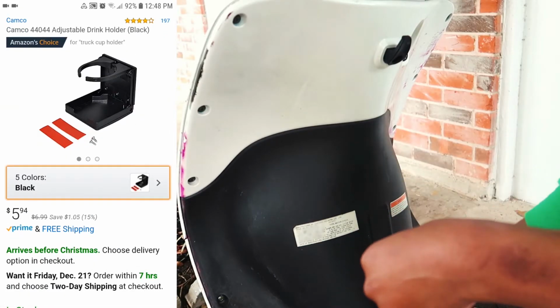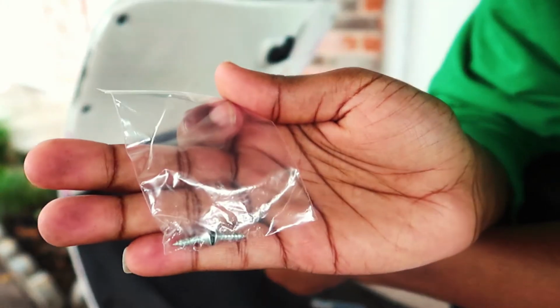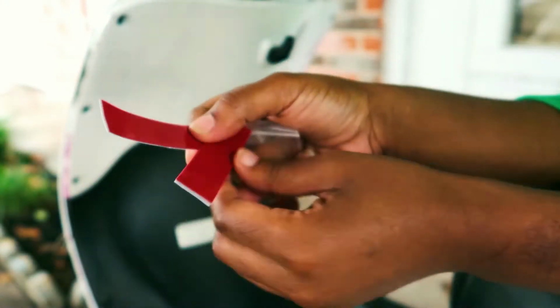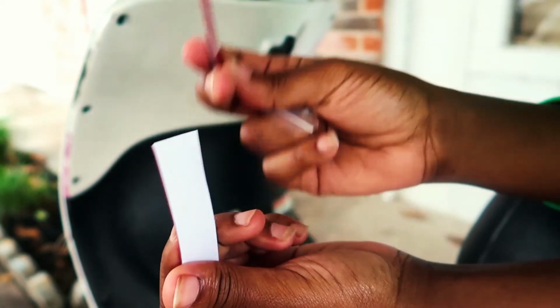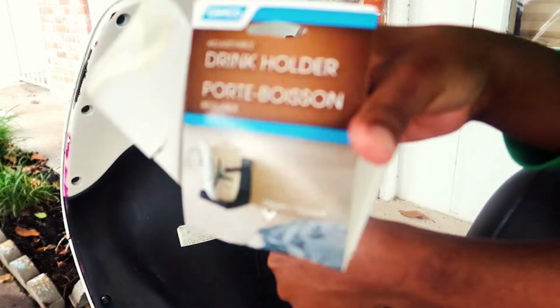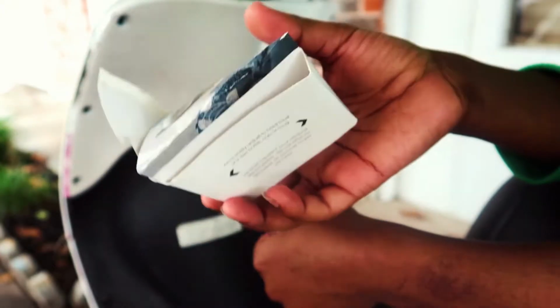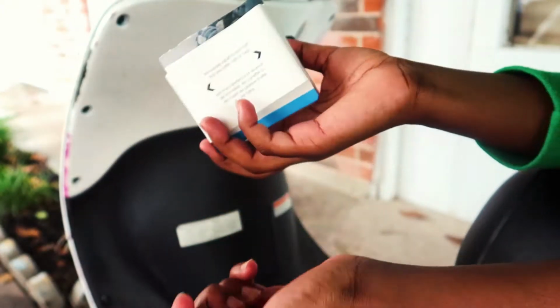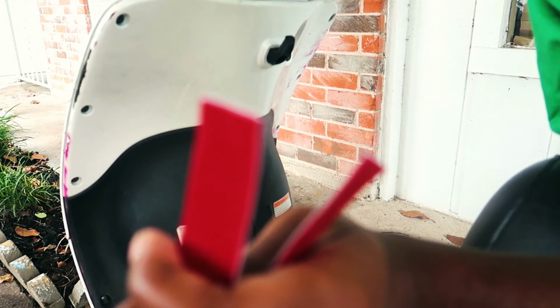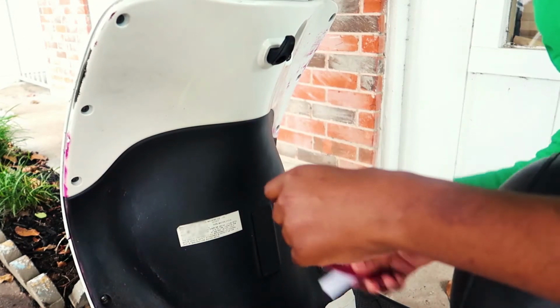Now, I want to show you guys something. It comes with 2 screws. Focus. 2 screws. Or it comes with these tapey strips. With these strips, it shows on the picture the cup holder attached to a wall. If you're planning to attach this to your wall and you don't want to put holes in it, then yeah, use the sticky strips right here. However, I doubt that the sticky strips would hold going 45 miles an hour on a scooter,